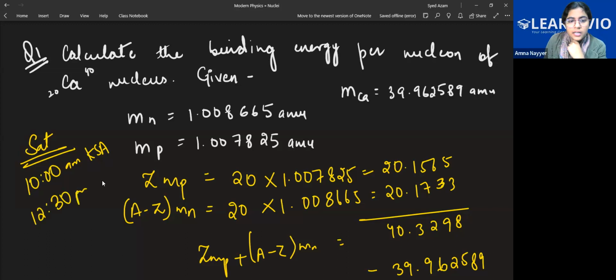For semiconductors also, I'll share a PDF of notes. The understanding part and the numericals part I'll cover in the class, because that is also a short chapter now. Most of the portions on transistors and everything have been deleted, so that is also very less. PN junction we have to do. Zener diode is also not there. PN junction and rectifiers, this is what we have to do. So we'll have the class in the morning at 10 a.m. KSA. Please join. We'll finish the semiconductors, so at least by Saturday the syllabus will be over.